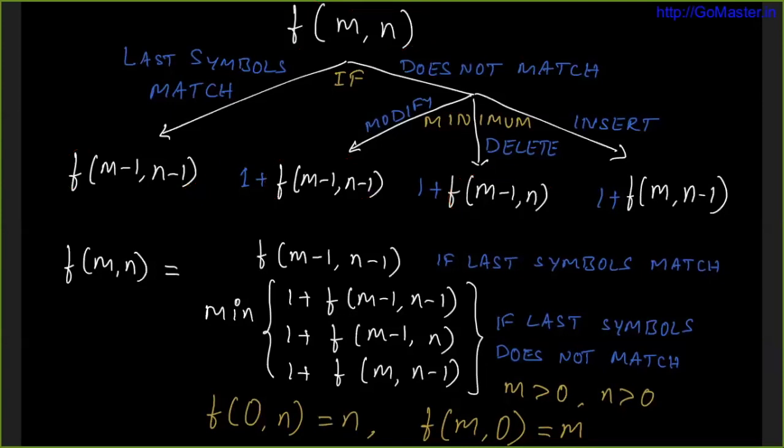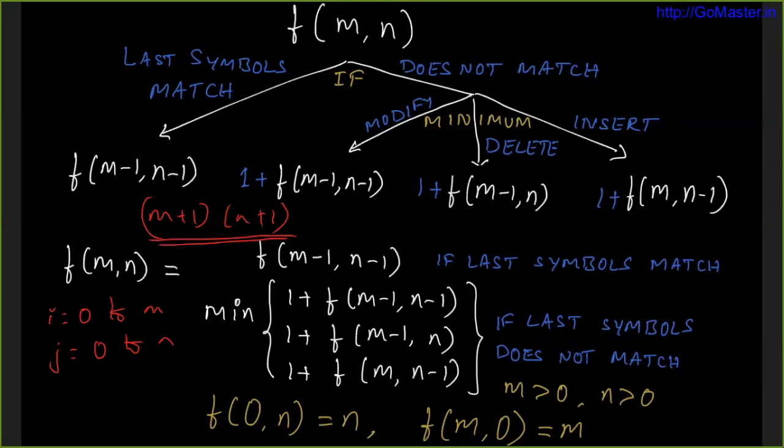If you look at f of m comma n, what are the possible values of m and n? m is the size of our string word one, and n is the size of our word two. The first parameter, i, is going to run from 0 to m, and the second parameter, j, is going to run from 0 to n. So that means we have m plus 1 times n plus 1 instances of function f that need to be solved, but we are solving an exponential number of them. This is only quadratic, right? So roughly m into n.